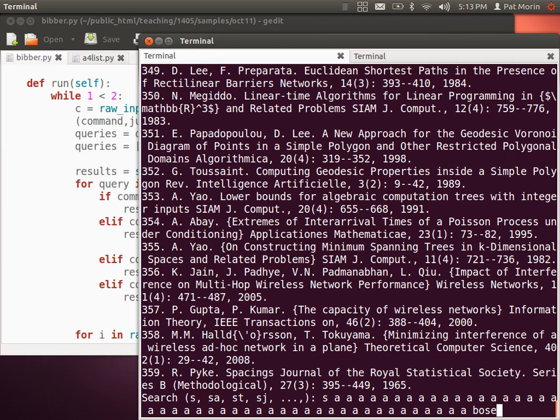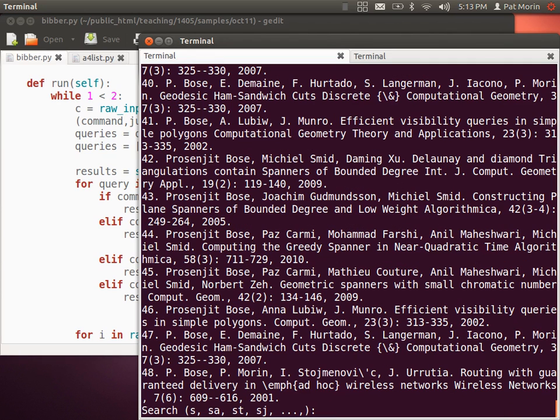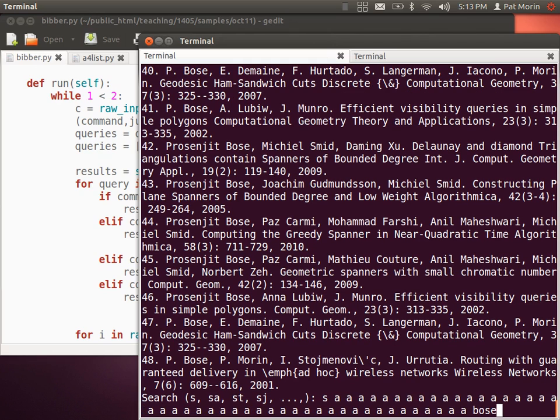So for example, here's a way to make that slow. If I search in, let's say, everything, and I search for articles that contain all those things,